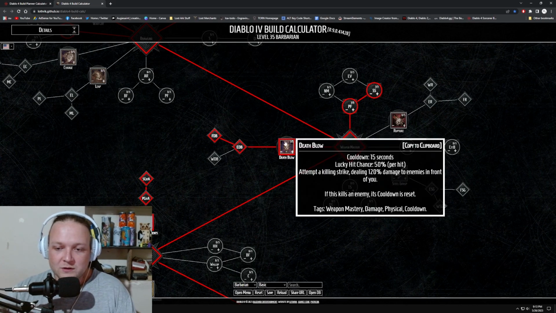And how Death Blow works is if it kills an enemy, its cooldown is reset. So you come to an elite pack with a bunch of little guys around him, and you're not full resource or full Fury. You hit Death Blow on the little guys, and most of the time it should kill them. If they're small and weak enough, it's going to fill up your Fury, and then you hammer Ancient Spam on